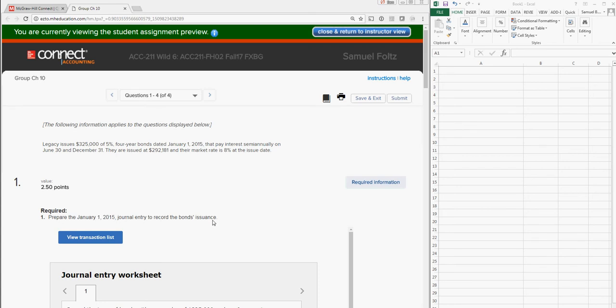Hello everyone. Today we want to cover the group for Chapter 10. We're talking about accounting for long-term liabilities, and moreover we're dealing a lot with the issuance and the handling of